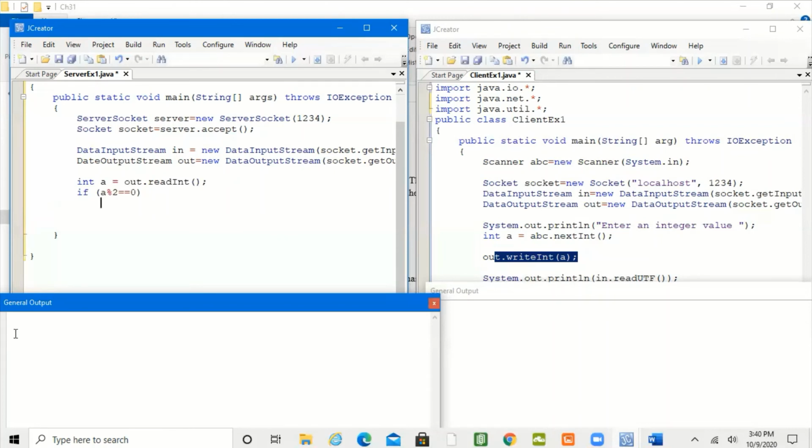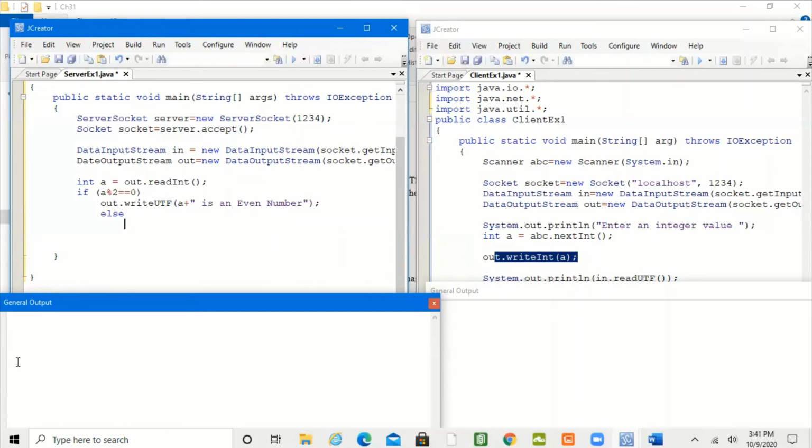So I'm writing to the client. So out dot writeUTF, I'm writing a message: the number a is an even number. This is the message I'm writing to the client.